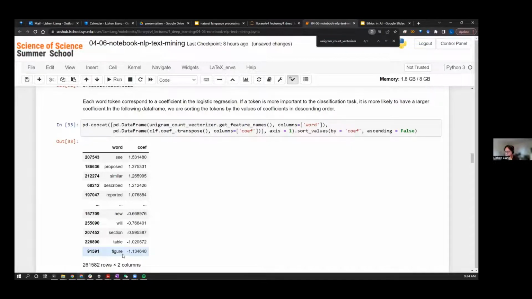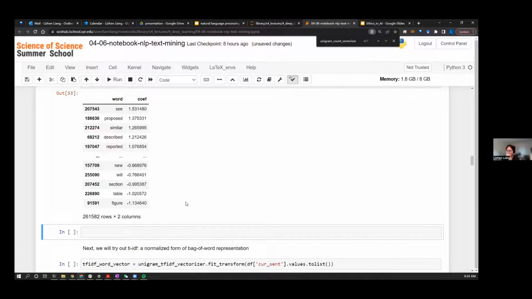No, but that makes total sense because when you write a sentence in a paper and you say see, propose, similar, you basically are going to cite someone, right? Yes, that's true. But when you're talking about a table or a figure, you don't need to cite someone. You're just going to put that reference to your own paper. Yeah, that's true. So the negative words make a lot of sense.